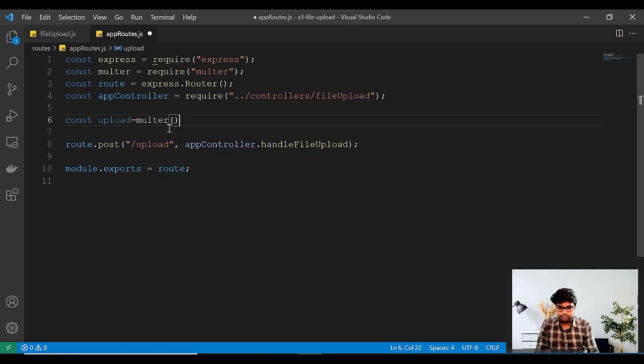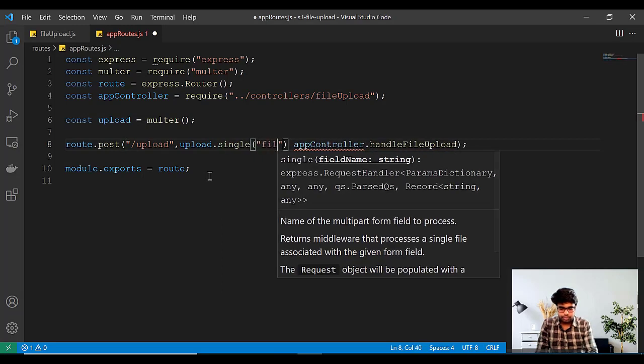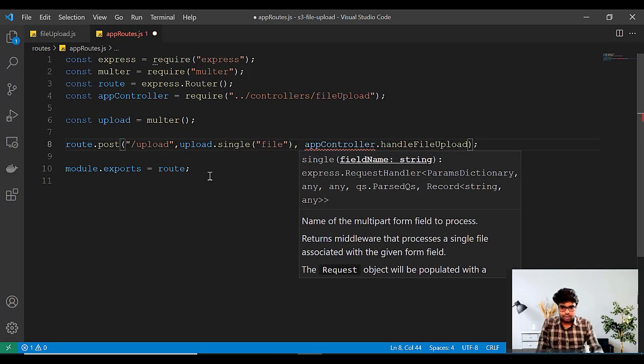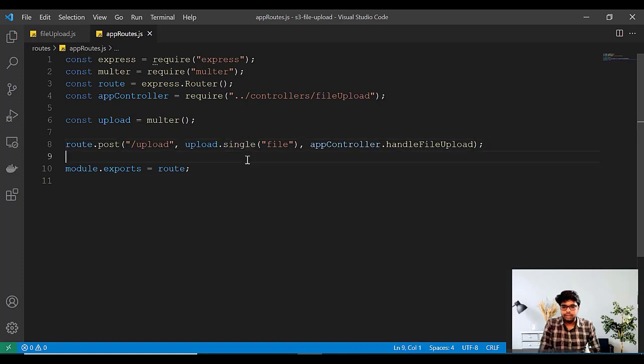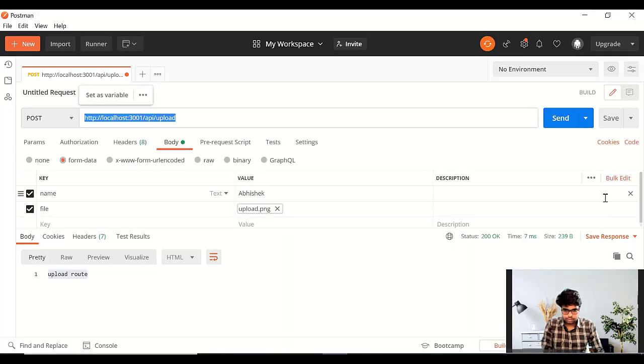And as I said, Multer is a middleware, so let's use it as a middleware. I am allowing users to upload a file as single. And all these functions are coming from Multer only, so you can go through the documentation and you will get an idea. Now quickly test this.